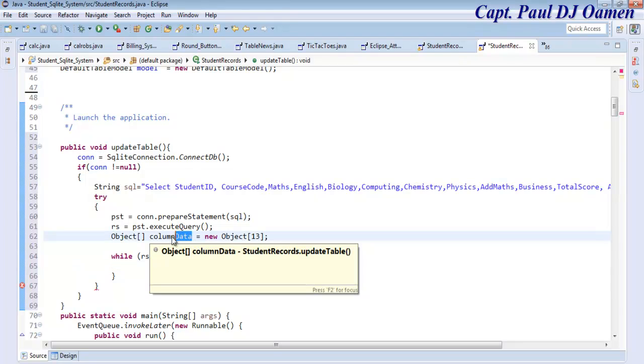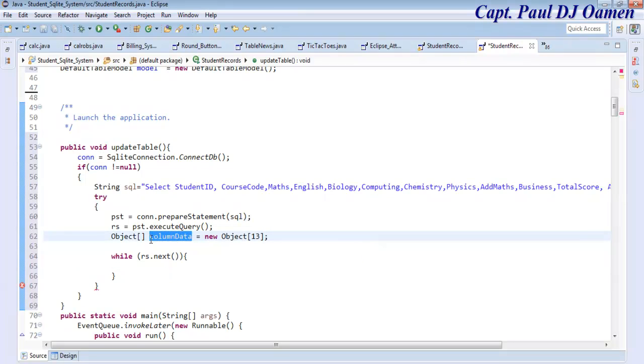Use this column data, the array that is declared in there inside the objects. Let's say column data, the first one is going to be 0, and let's say rs.getString,